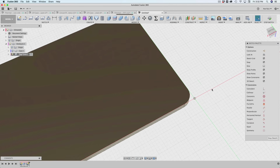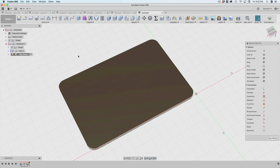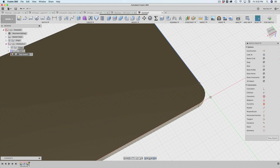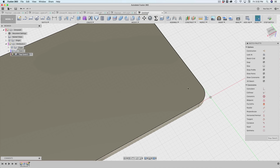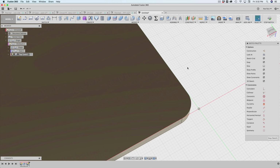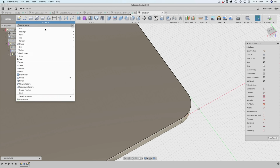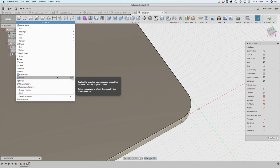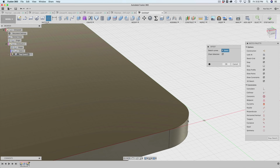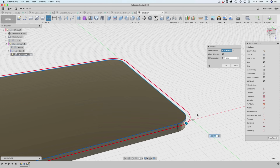Now that that's a sketch, I have this thing. I want the lip to be an offset on the inside of this. There's an offset tool. It's called O, or up here under Sketch, it's called Offset. I just use the hotkey O. Then I'm going to select this outer edge here, and I want to make sure chain selection is on because it'll select this whole loop. I'm going to click on that. Now it makes it